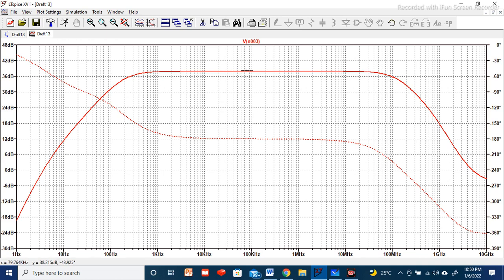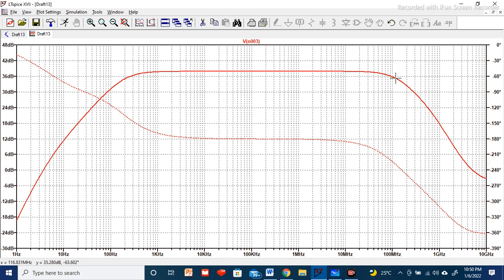So if it is 38 dB here, then 38 minus 3 is 35. So we have to see where 35 dB is. Approximately at these points we are getting 35. These responses are in decades, okay, 1, then 10, then 100, like that. So here the frequency is 200 hertz, and on the upper side we can also see where 35 dB is.